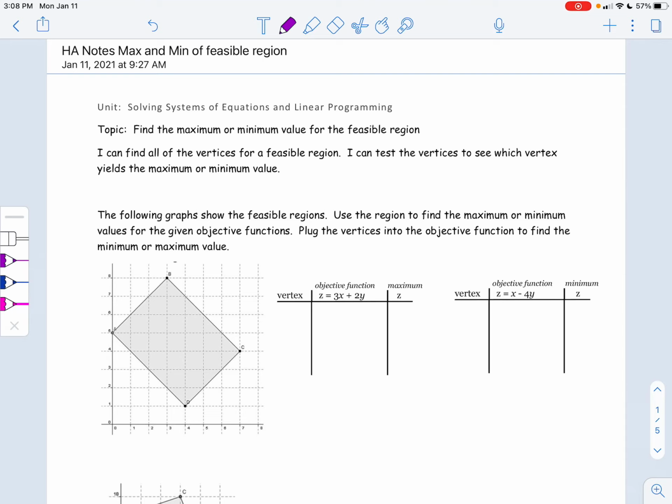So we've graphed inequalities, and then we found that feasible region, right? And after that, we find the vertex or the vertices. It's like the corners of our feasible region. And again, all of this is with no context,